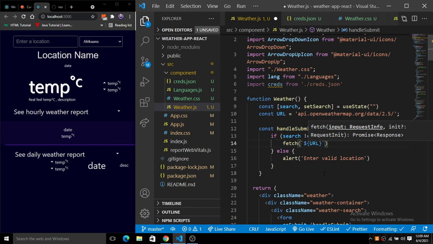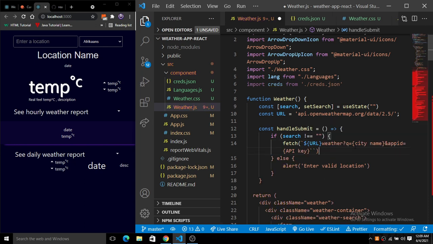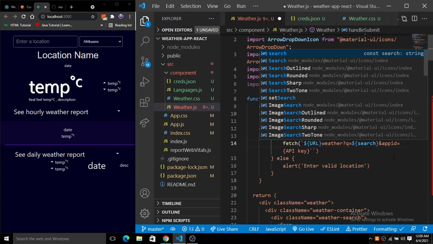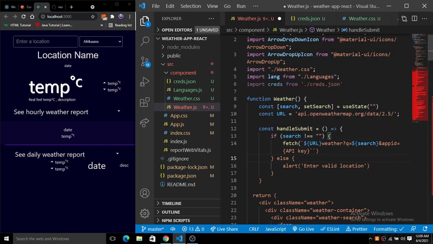So here we have weather, and here we just have to provide the city name. Instead of this we just have to provide the location that we have. The location that we got is inside of this search, right? Search is a state that we have created for the search location input field that we have there. So we just put the city name to the search, and we have this app ID.